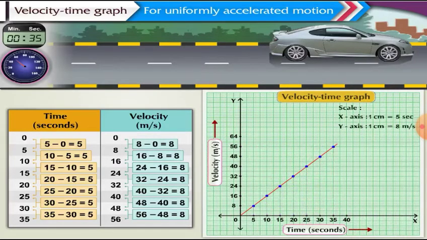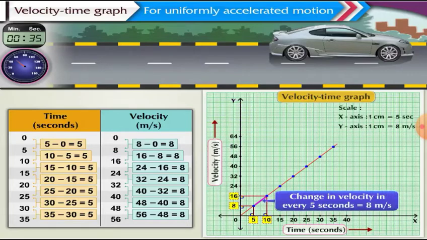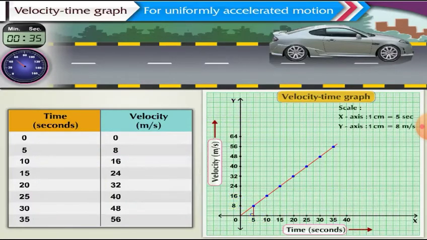For this, let us take two consecutive time intervals, like 5 and 10. From these points on the x-axis, draw perpendiculars to the graph line. From the points where these perpendiculars meet the graph line, draw two perpendiculars on the y-axis. These perpendiculars meet the y-axis at 8 and 16. The difference between these two perpendiculars is the difference in the velocities in 5 seconds. This difference is 8 meters per second. The graph shows that